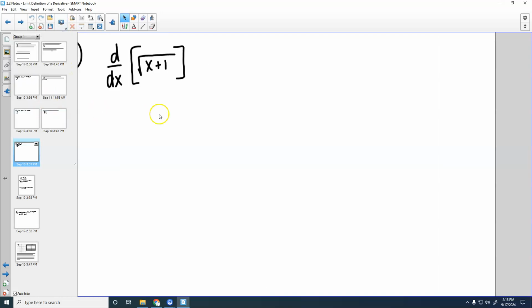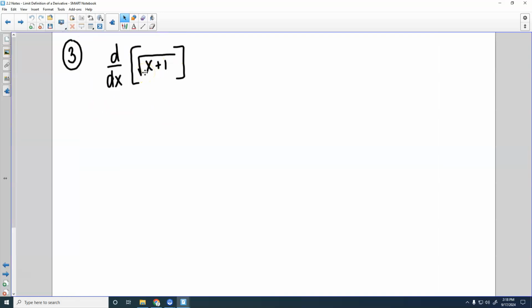So this is just one more way they might ask you to take a derivative. If you see d over dx with brackets and then something on the inside, it means take the derivative of this expression. Okay? So in this particular case, although it's not written, it's like f of x equals the square root of x plus 1. So if we use that limit definition of a derivative,